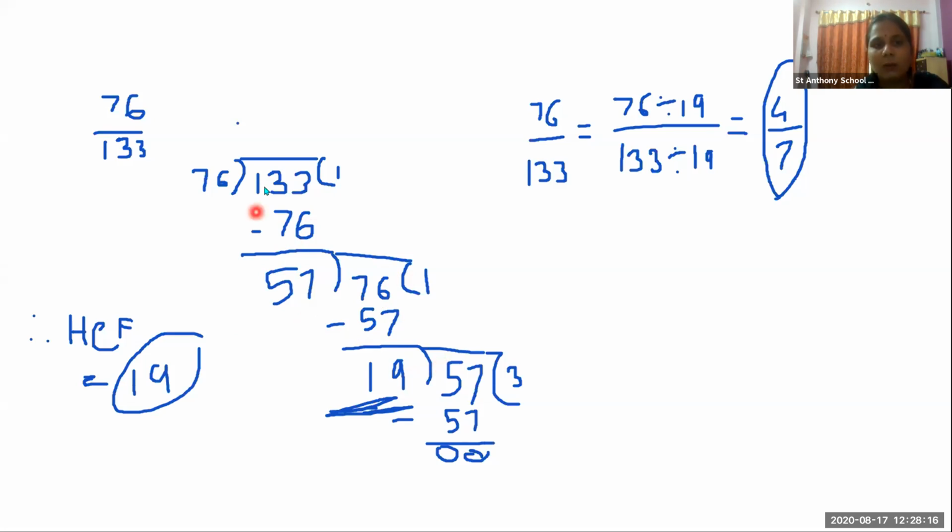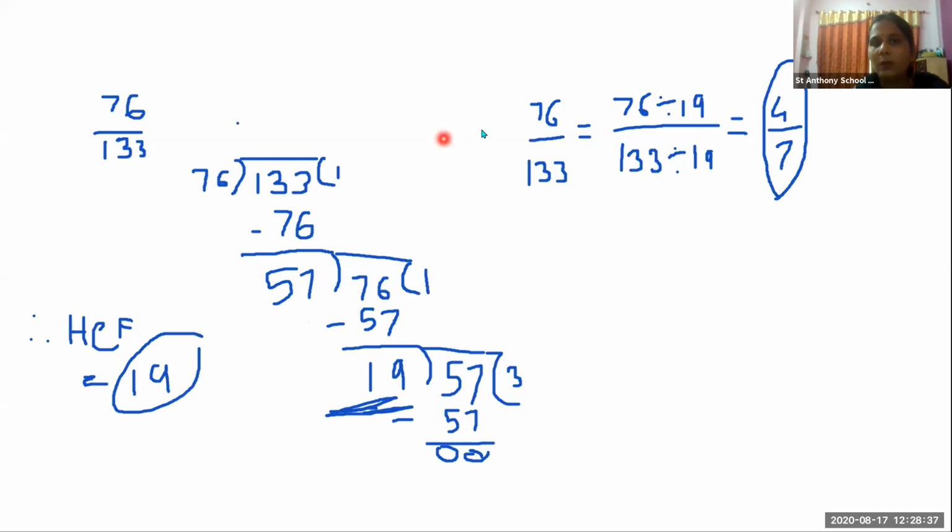Correct? हमको ना सारा सब्ट्रैक्शन होने के बाद ये वाला नंबर यहाँ पे लेना है, ये वाला नंबर यहाँ पे लेना है. क्यों लेना है? Until we get 0. ठीक है? Now 19 3s are 57. Now I got 0, so we'll stop division. Okay, so by which number will get 0? 19. So that will be our HCF.